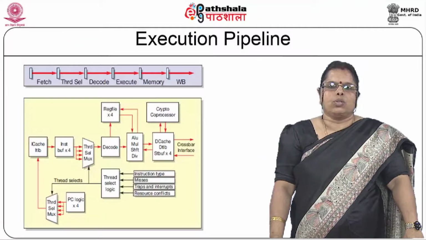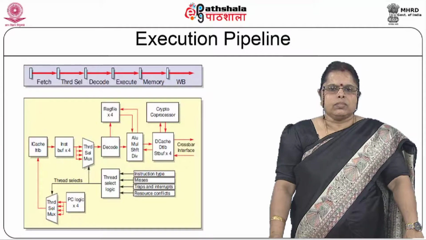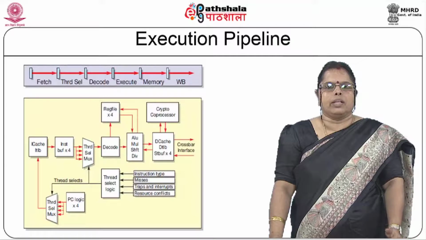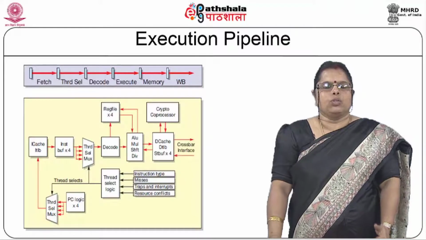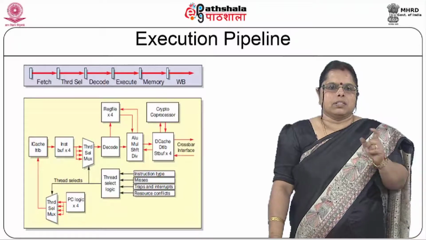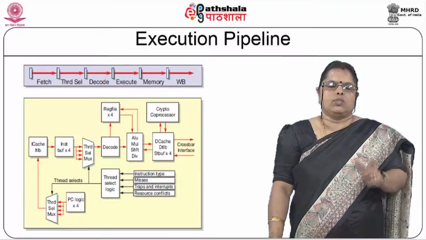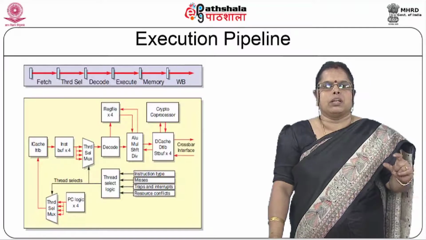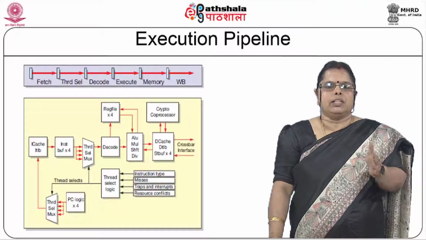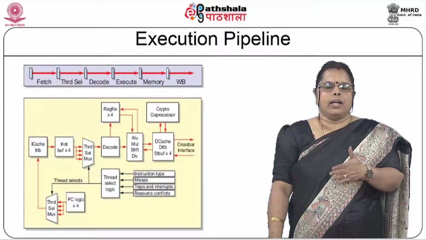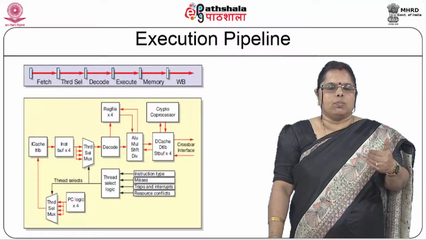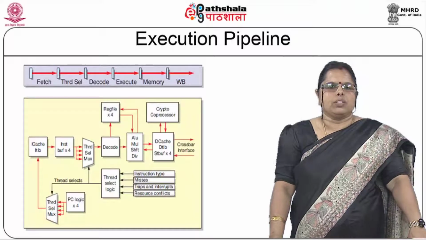So this shows you the execution pipeline. As in the MIPS architecture, which had fetch, decode, execute, memory, and write back, the only extra stage brought in is a thread select stage in the second stage. So that is your thread select. As I mentioned earlier, it's a very simple pipeline having 6 stages: fetch, thread select, decode, execute, memory, and write back. During the fetch stage, the instruction gets fetched and then it moves on to the decode stage. So as you can see in the diagram here,